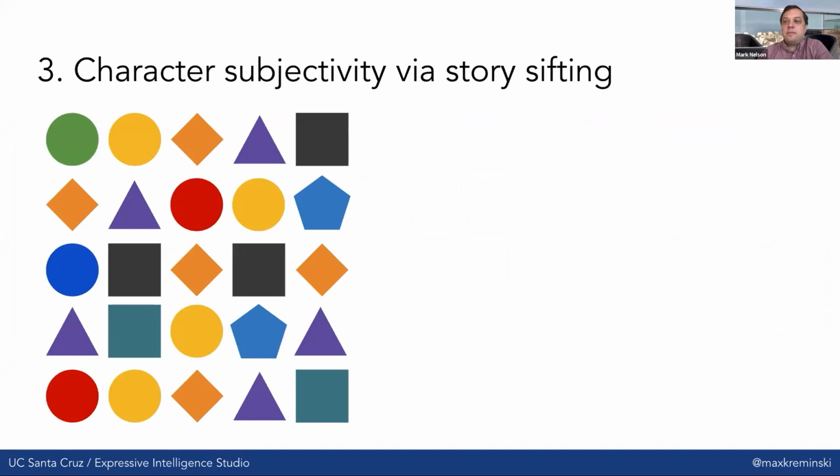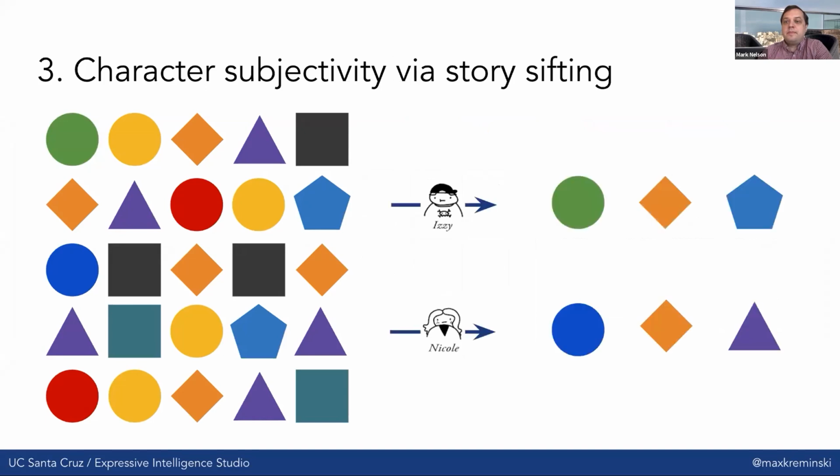And then finally, we also use the story sifting technology to implement what we call character subjectivity, which is basically different characters looking at the same set of events that have happened in the story world. In this case, we're going to have two characters, Izzy and Nicole, getting very different messages out of them, because these different characters have different personality traits and therefore use different story sifting patterns to make sense of the world. So Izzy, for instance, is looking at this set of 25 events and pulling out these three as interesting